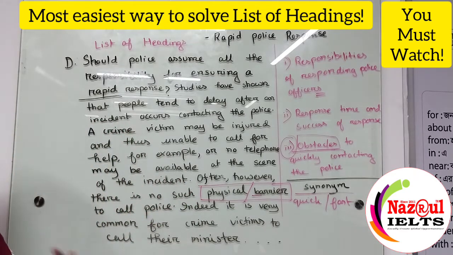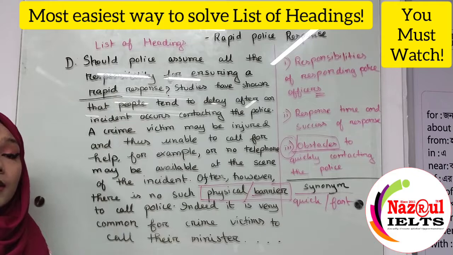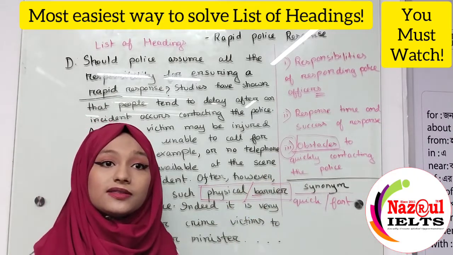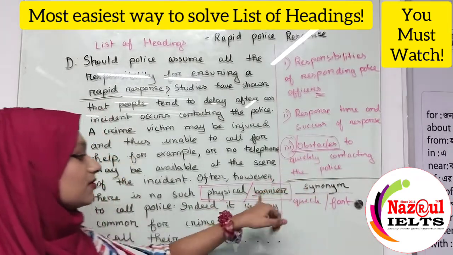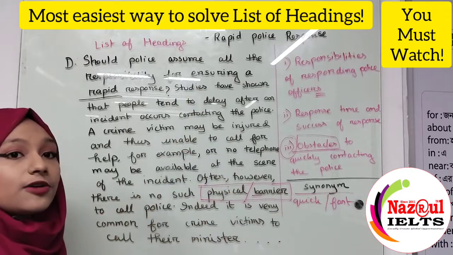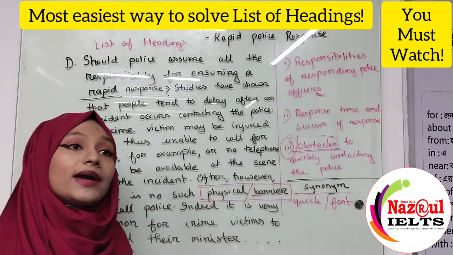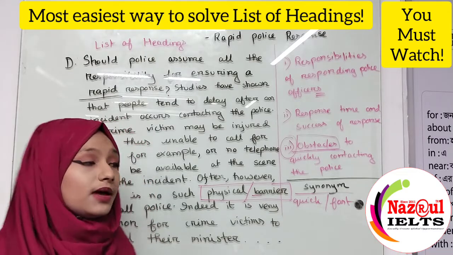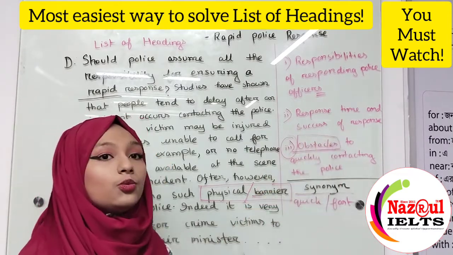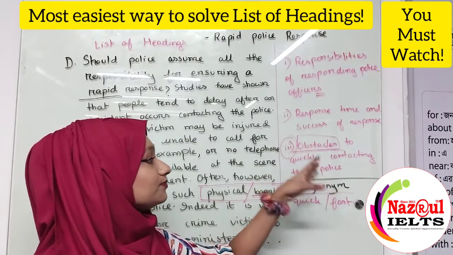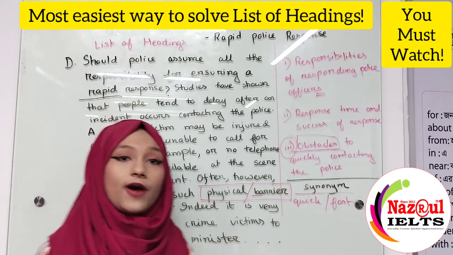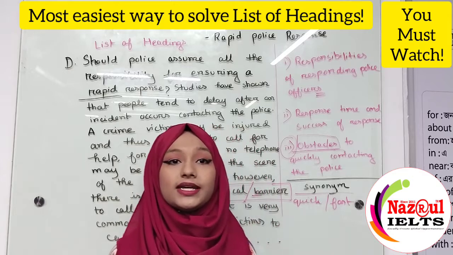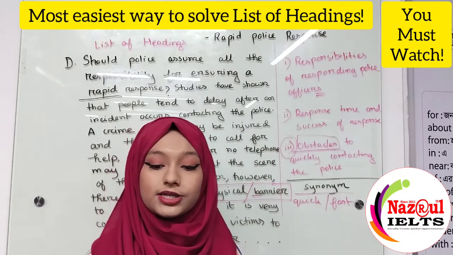So this is how we need to find our reading answer. The main thing is to understand what the paragraph is mainly talking about. Then find the keywords that are very necessary for looking at the answer, and then the synonym. Here is obstacles, here is barrier, our synonym. The entire paragraph is talking about how or why the victims are delayed in informing them. And here it is written totally in one line: the obstacles to quickly contacting the police. Okay guys, this is how we need to find our reading answers fast, and it's the easiest and most prominent method that we can use.